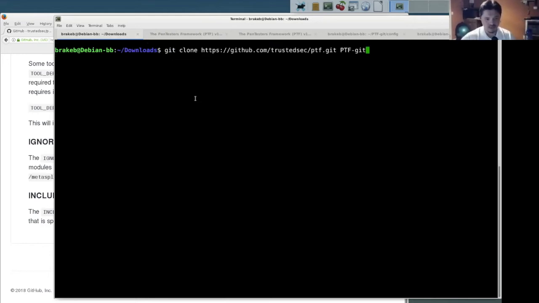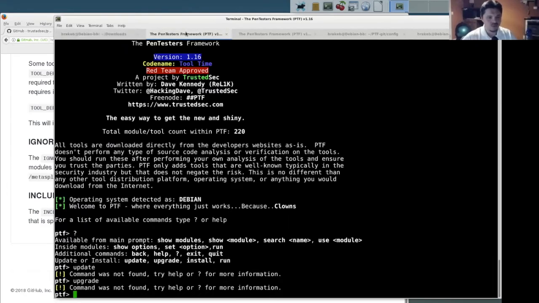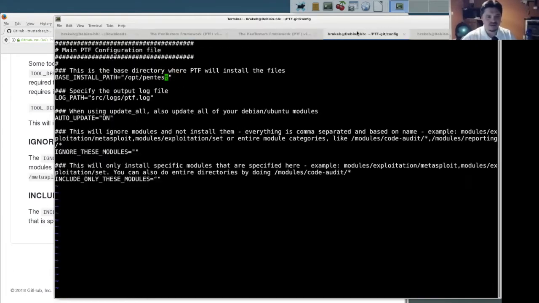So you git clone. You go to his website on GitHub, which is github.com/TrustedSec/PTF.git. You clone it onto your desktop, into your environment. And once you do that, the only requirement is he wants to make sure that your base install path is correct. So once you go into the Git repo on your local box, there's a config file in the config directory called config,